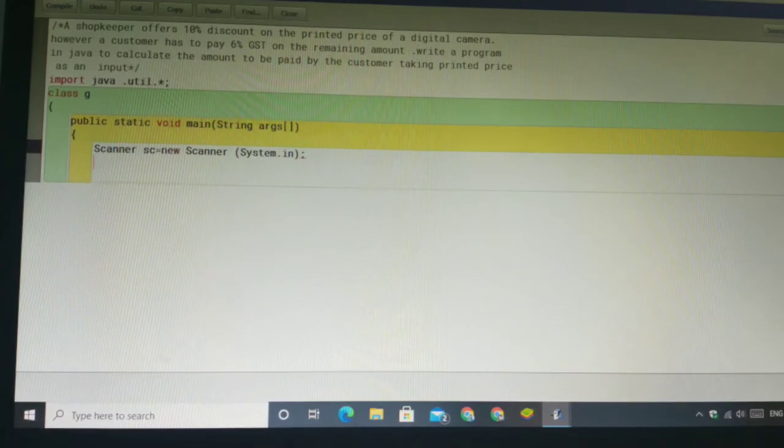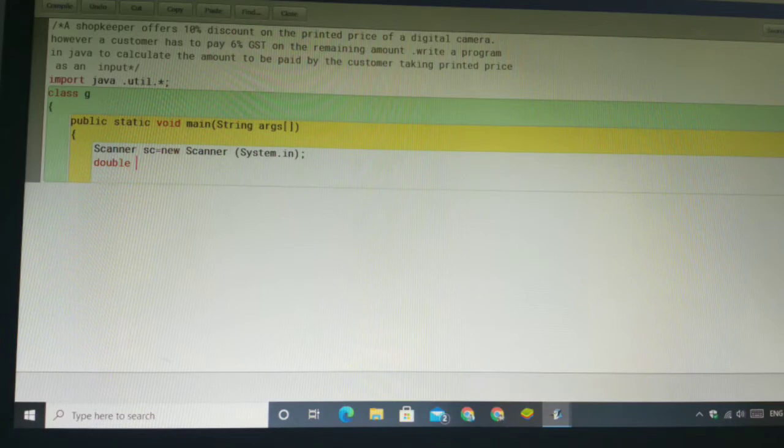After writing that, taking sc as an object of the Scanner class, then declare the variables. Double is the data type for all variables.